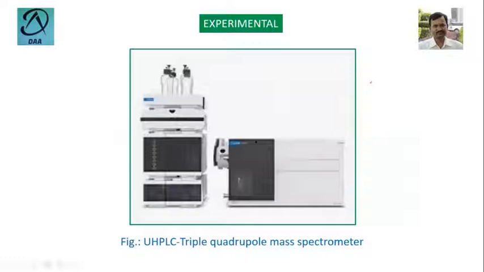Now, if you attach the UPLC to the triple quadrupole, it will look like that. Here is the ionization source, where the sample will ionize. Whatever sample comes through the column from the UHPLC will be introduced into this ionization source, and after that it will be detected, as I discussed in the schematic diagram of the triple quadrupole.